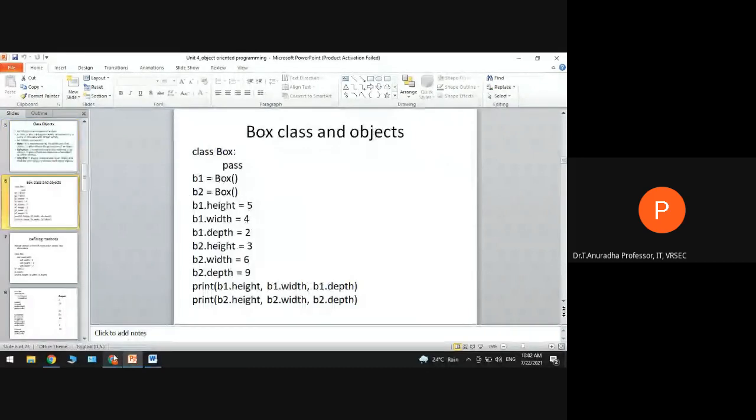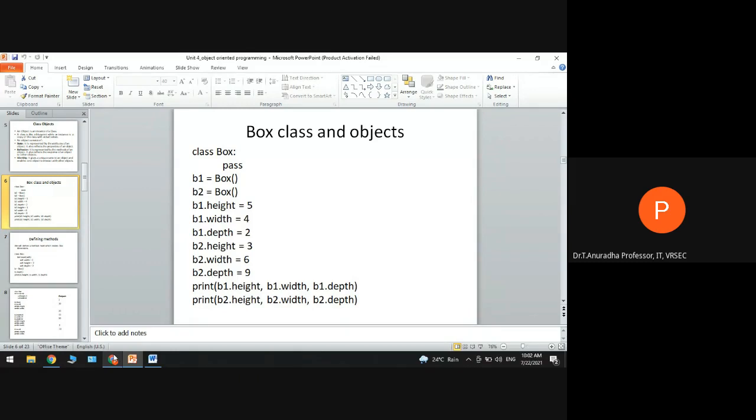We'll see a simple class and how we create objects from this class. So class Box, as we have seen in the previous example. I'm not writing any code in this, I'm just giving pass. After I define my class, I can instantiate my objects by giving the name of the object.